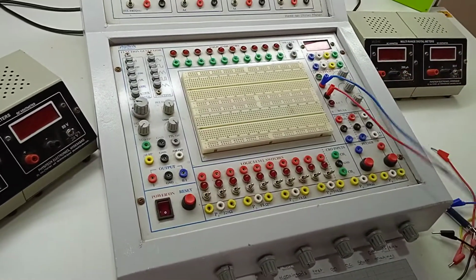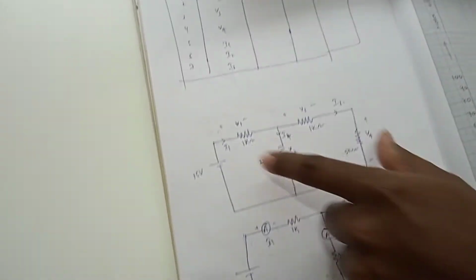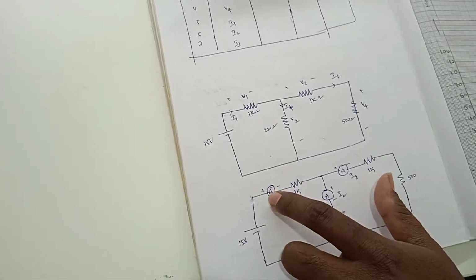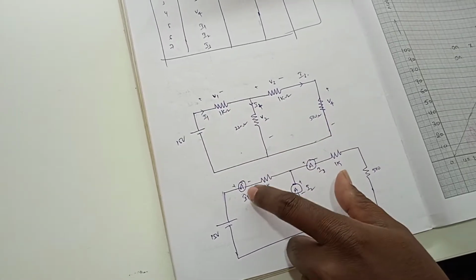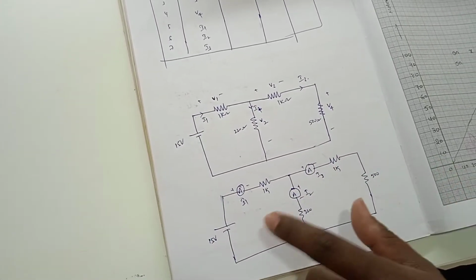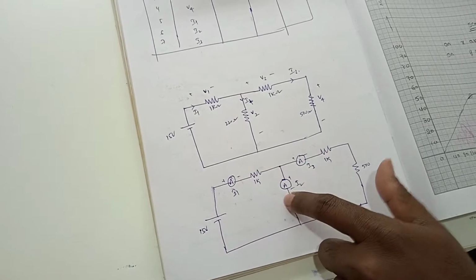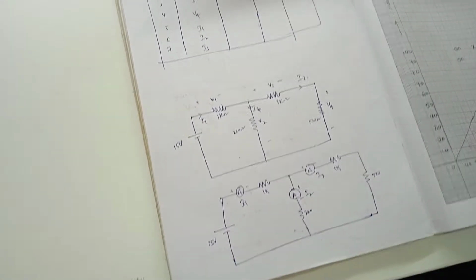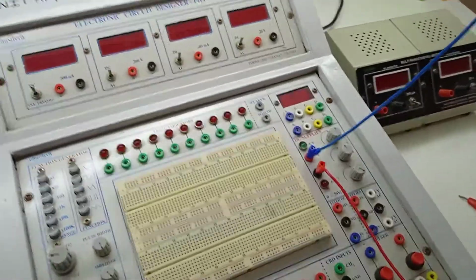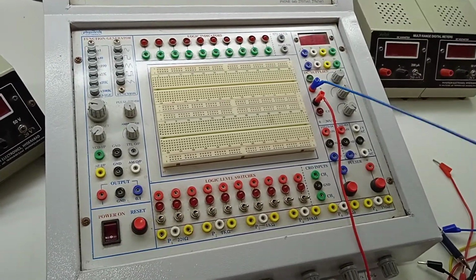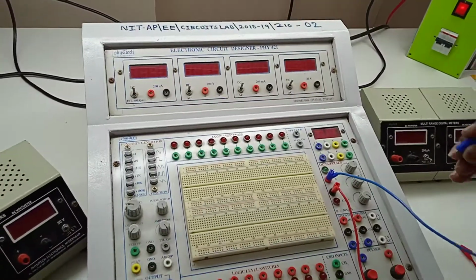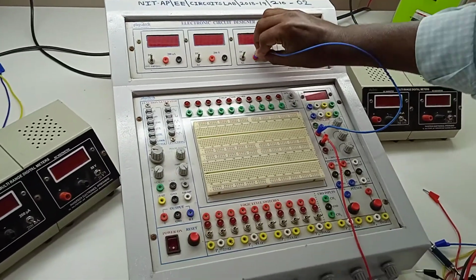So now let us connect. Okay, before connecting the circuit we need to incorporate ammeters. Ammeter should be incorporated in series with the resistances. So this is the circuit we are connecting now, by including the ammeters. So this is a 15 volts. The positive of the 15 volts is connected to the ammeter. So we use this ammeter. Okay, so this is one ammeter point,